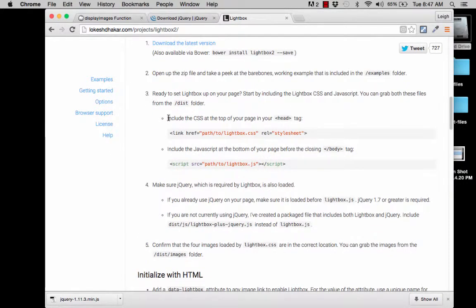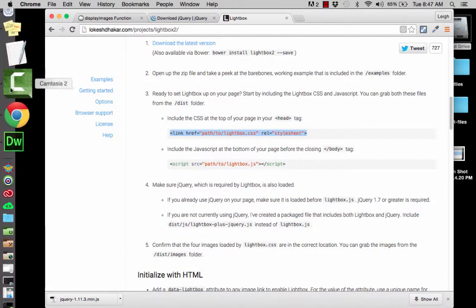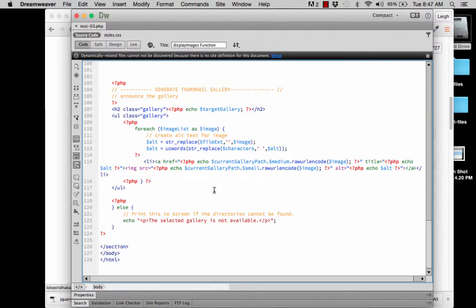And he tells you right off the bat that you need to include the link to that style sheet. It says here "path to lightbox.css", so you're going to have to change where it says path to Lightbox and put the actual path, and also the path to the jQuery or JavaScript. Well, what I'm going to do here is jump over in Dreamweaver, and